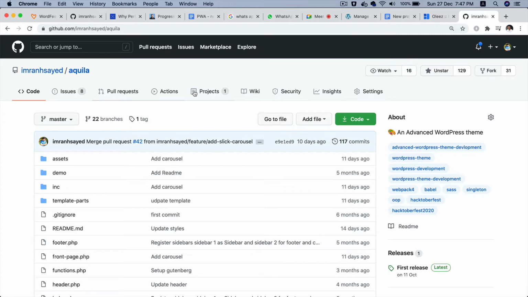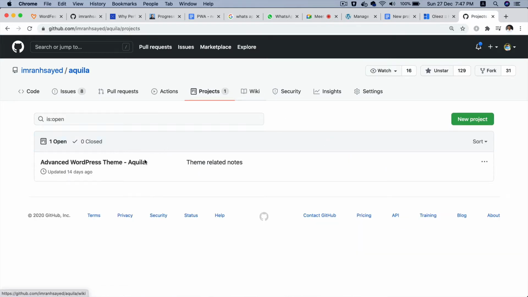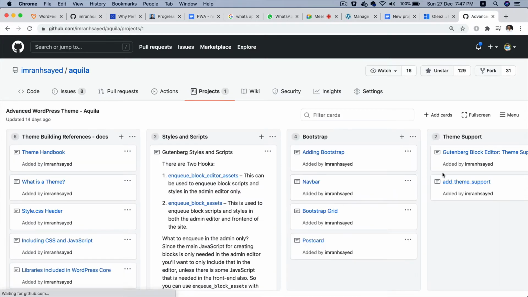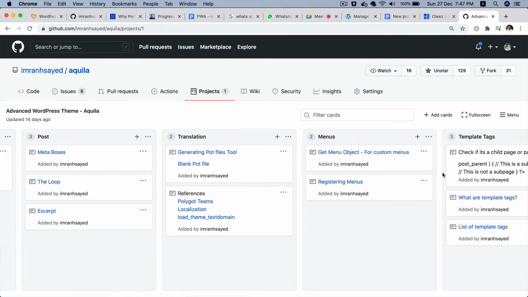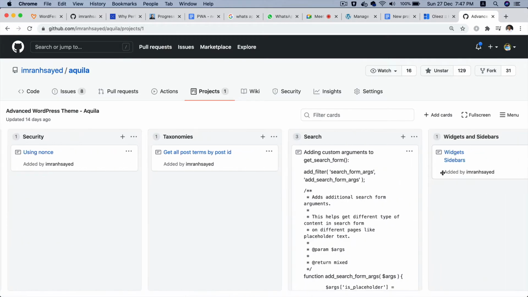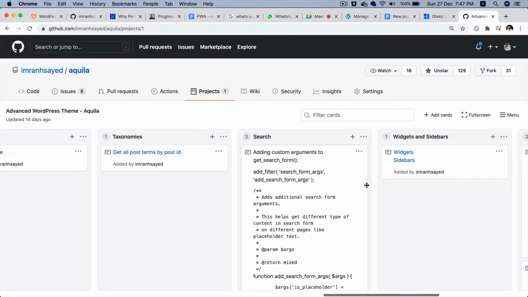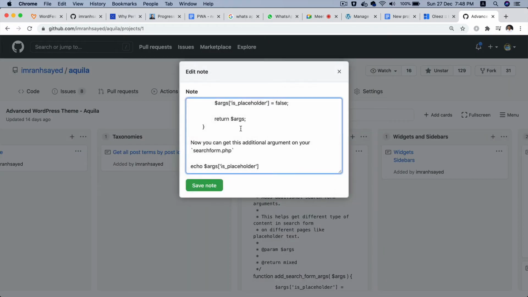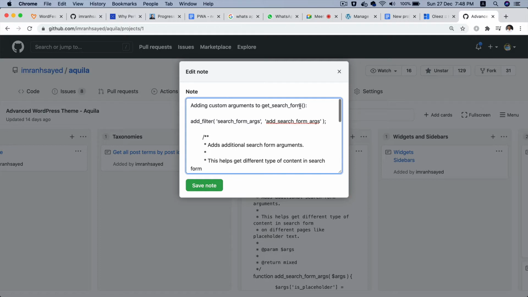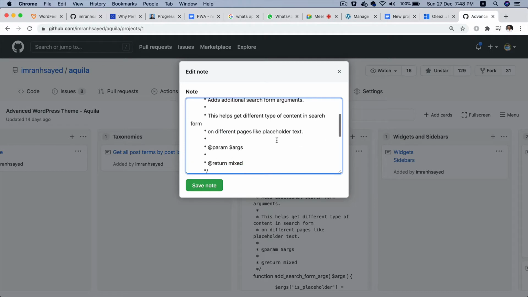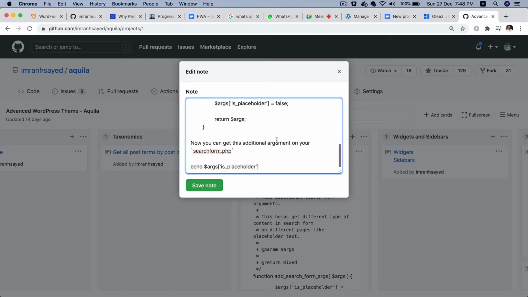So what we're gonna do is go to project wiki, and let's go to search. Here it is. So can I edit it? Edit node, yeah. So this is the search form. So this is gonna get me the search form basically, and